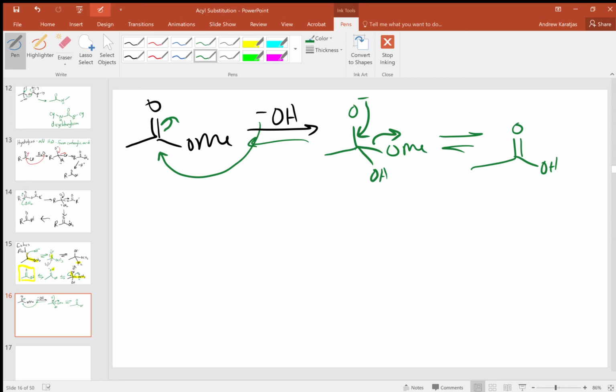Now, at this point, in a lot of ways, it looks like our reaction is done because we have the product that we want. But this second step here, where the tetrahedral intermediate breaks down, is actually not very favorable. And the reason it's not favorable is we have this poor leaving group here. We've said in the past that things like OR minus make for poor leaving groups. The issue here, though, is if any of it leaves, even if the equilibrium is pretty terrible,